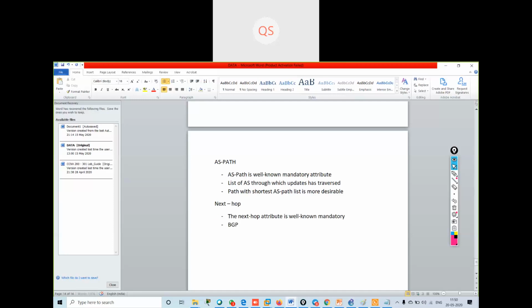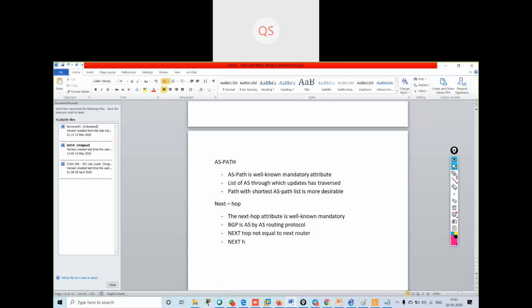BGP is an AS-by-AS routing protocol. It is not router to router. So in BGP, next hop is not equal to next router. Next hop is equal to the IP to reach the next AS.